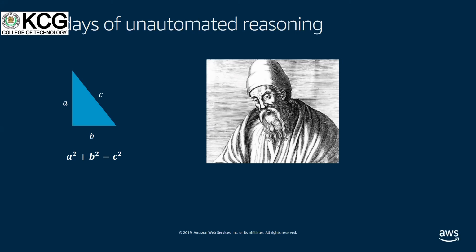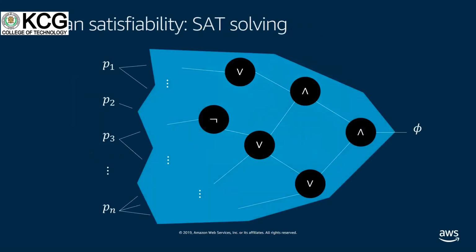Euclid's theorem has not been proved incorrect for all the triangles since 300 BC to now, right? It still holds true. That's how he has given a proof. We haven't come across a triangle that really violates this law at this point, right? But he didn't use automated reasoning. He used unautomated reasoning. And that was really the birth of this, Boolean